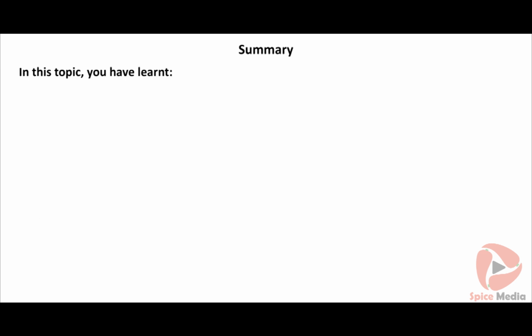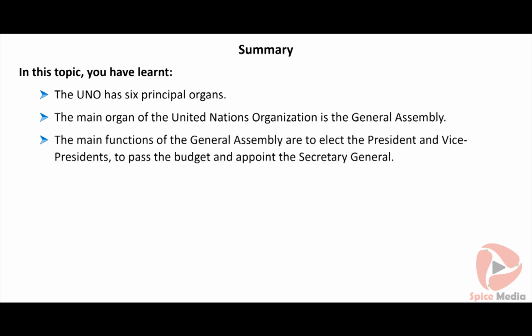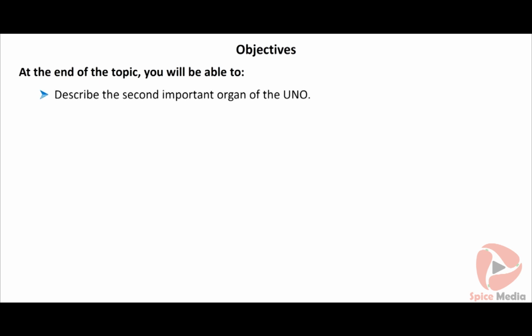In this topic, you have learnt the UNO has 6 principal organs. The main organ of the United Nations organization is the General Assembly. The main functions of the General Assembly are to elect the President and Vice Presidents, to pass the budget and appoint the Secretary General. At the end of the topic, you will be able to describe the second important organ